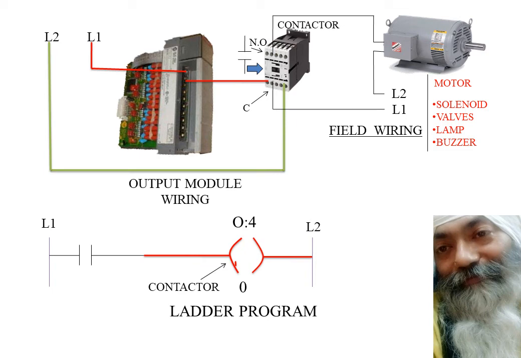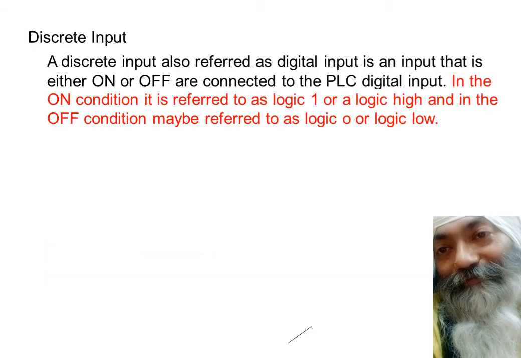If you have one rung and below it another rung, and a third rung and fourth rung, these rungs can actually run into hundreds, through 300, 400, 500. That's the kind of programming which I have done. All these look like a ladder with a number of rungs. That's why this is called a ladder program. We have discrete inputs.